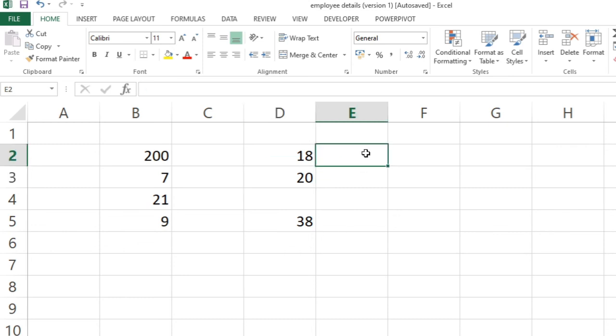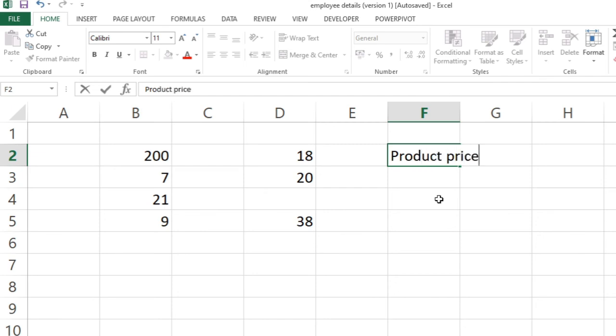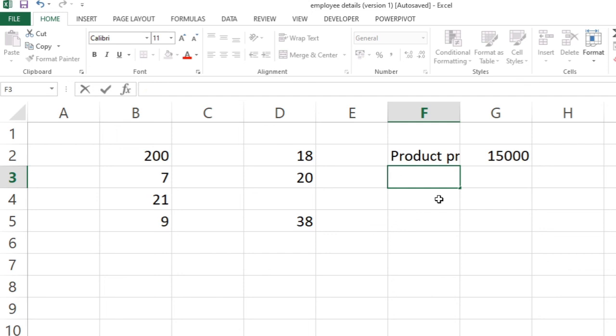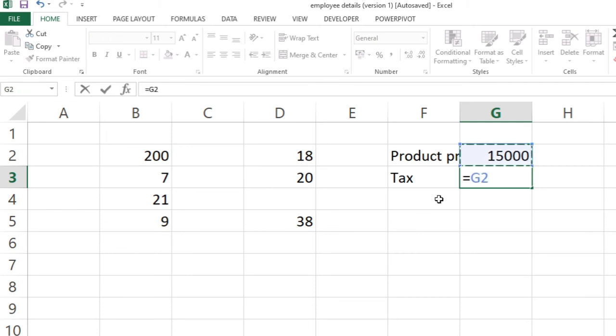It will support multiplication, addition, division, and even, say, product price. I want to multiply it with tax. Say for example it is around 15,000 and the tax I want to apply is 18%. I can do it like this: equals G2 into 18 percentage symbol.